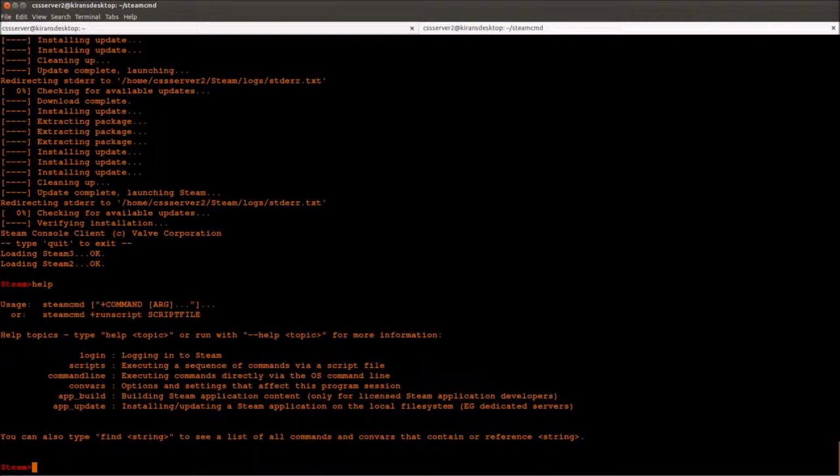So the next thing we want to do is download the game server files. In our case, it's Counter-Strike source, and to do this you must log in anonymously. Again, I'm not sure why it doesn't let you actually. I mean, for some games they actually do require you to log into your Steam account to download some of the server files, but for this game you have to be logged in as anonymous. So just put in login anonymous,